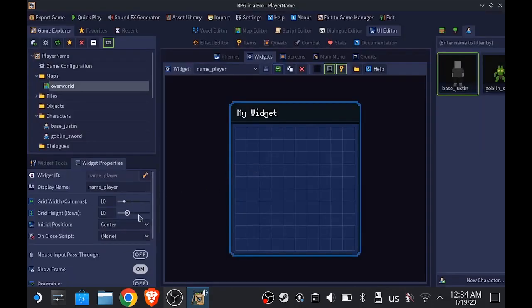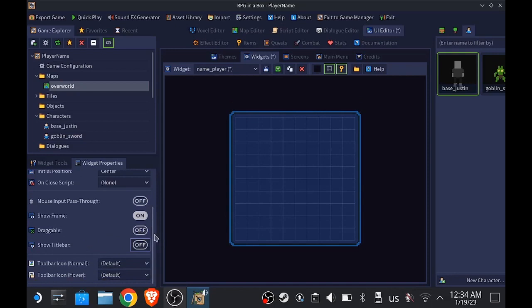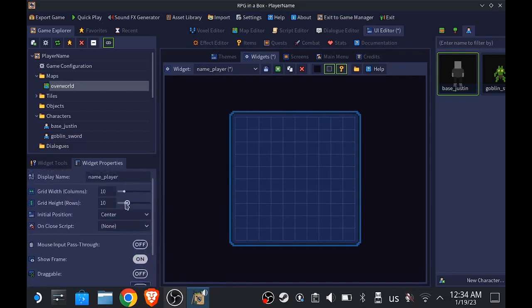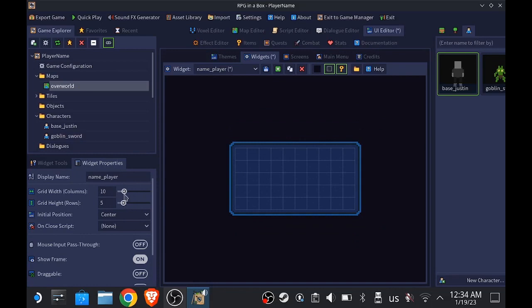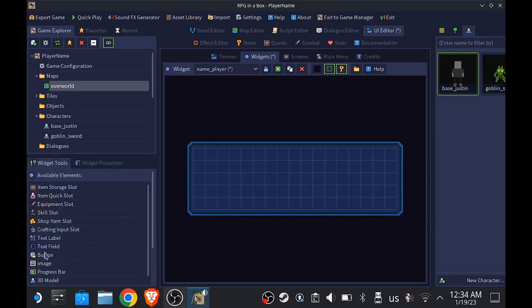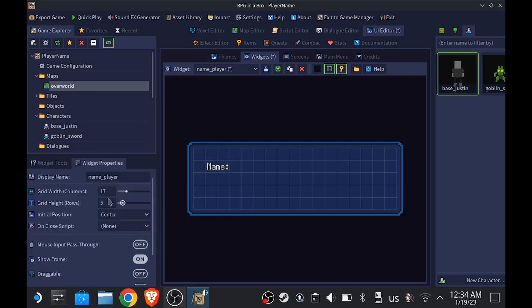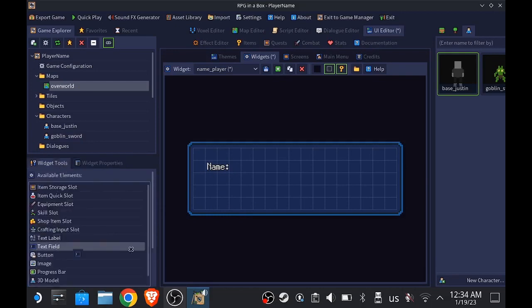I'm not going to have a title bar, so I'm going to turn off show title bar. I'm going to make it a little narrower, a little wider, something like that. And we're going to add a couple of components. We're going to add a label, which can say "Name:". And then we're going to need a text field. This is going to be where we're going to type